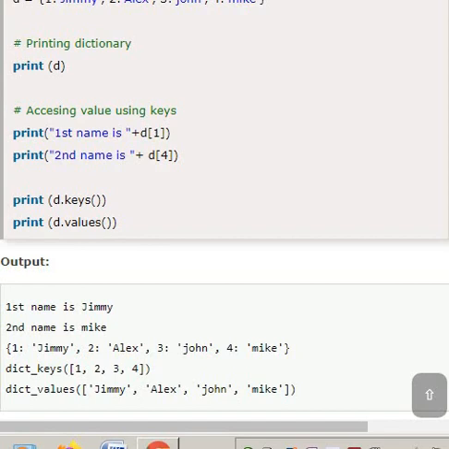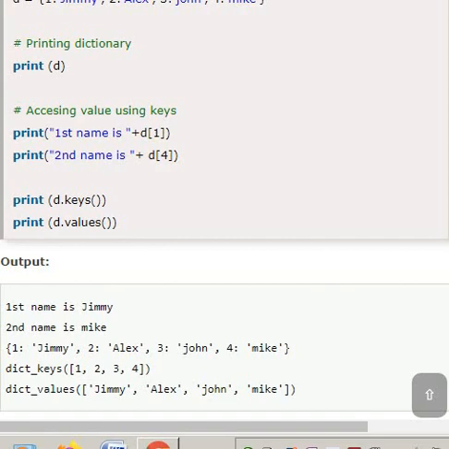Print d, it prints the entire dictionary, and print d of 1, you get the first name, and d of 4. Look at the key-value pairs, that is important here. So don't bother about the first name or second name. d of 1 you get Jimmy, as 1 is associated with Jimmy, and 4 you get Mike.